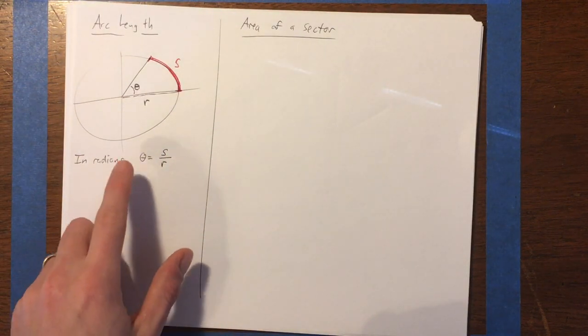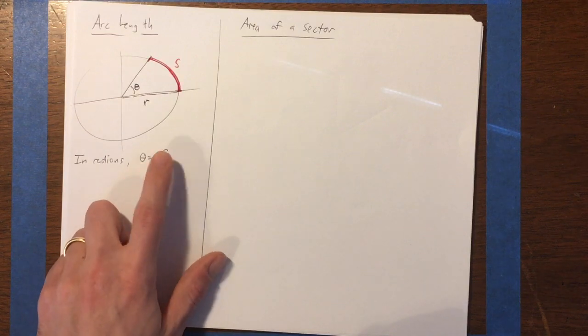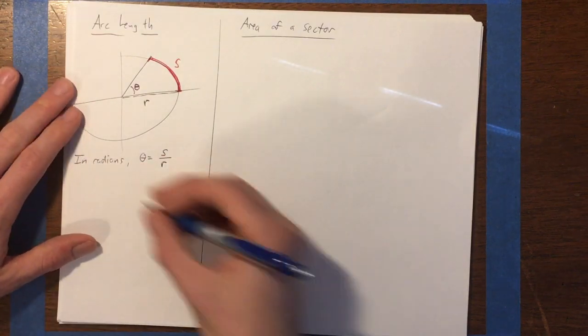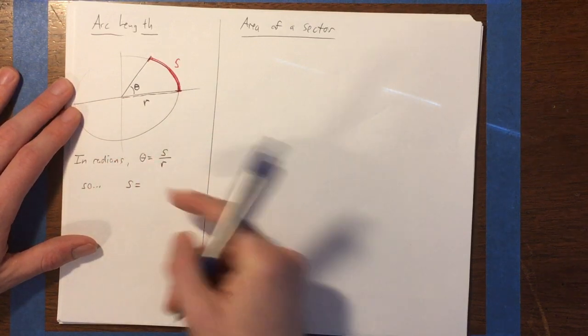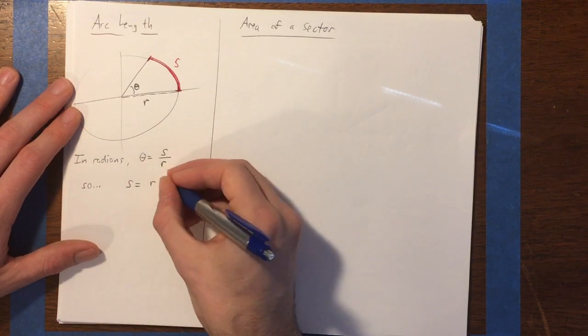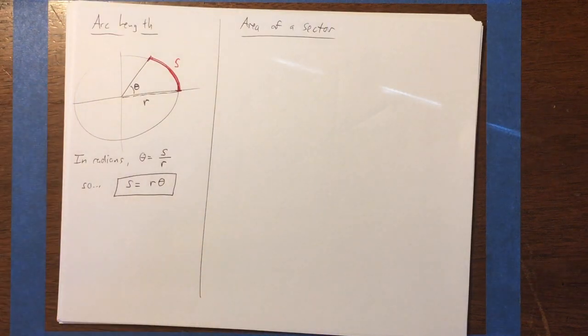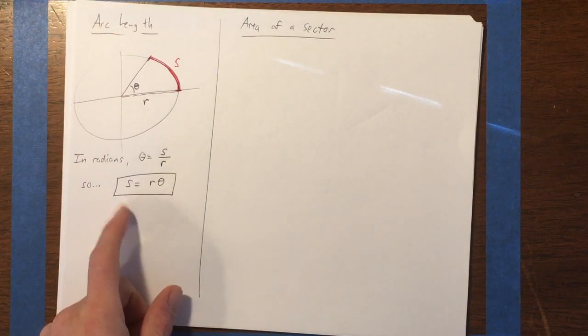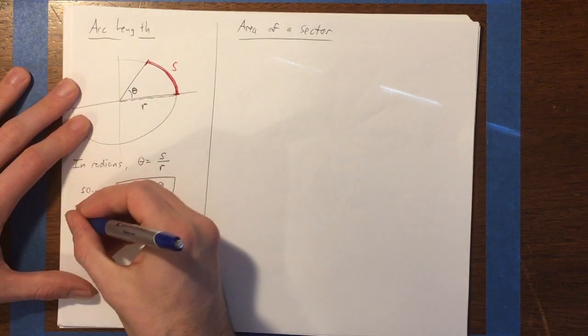So if you can figure out what theta is in radians, then it's going to equal S over R, which gives us a formula. For S, the arc length, multiply both sides by the radius, and you get S equals R times theta. So that is the main formula you need to remember for arc length. It's how you calculate arc length in terms of the angle and the radius. So for example,